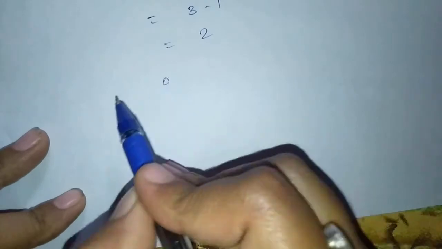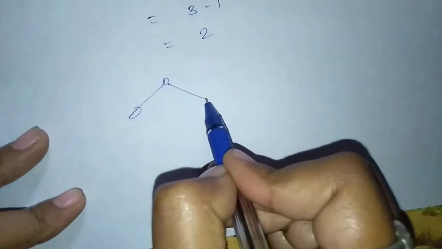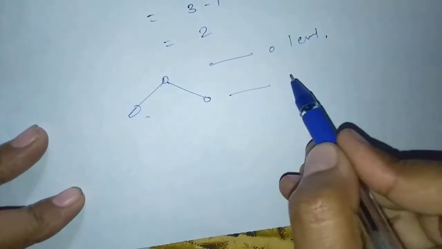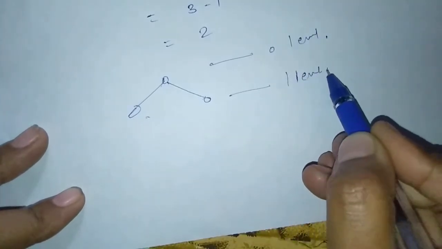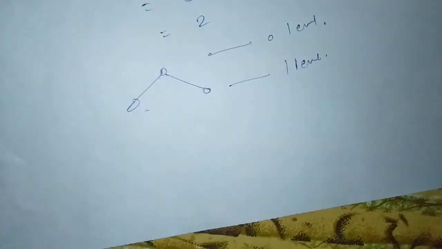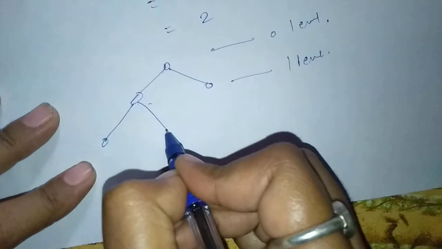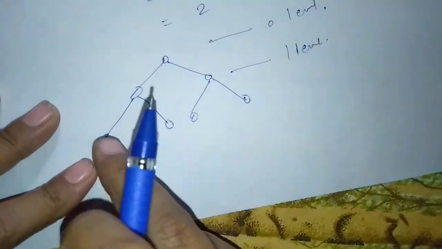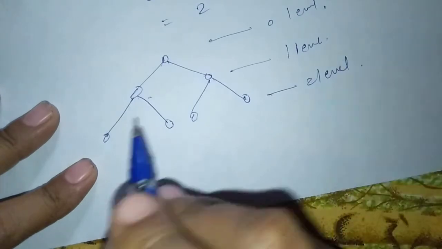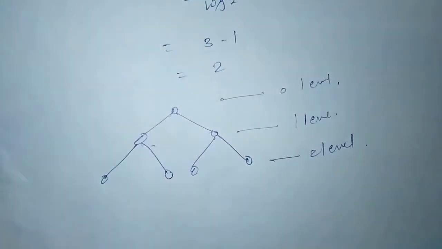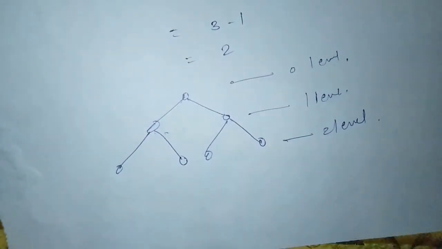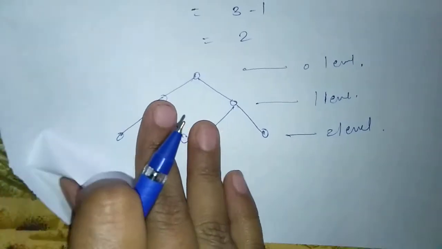So this is the root, so degree of this vertex is 2. So this is the 0th level and this is the first level. 3 vertices are already complete, remaining vertices are nothing but 4. So put here the remaining 4 vertices, 1, 2, 3, 4, 5, 6, 7, and this is nothing but the second level. Okay, this is nothing but the binary tree with 7 vertices having minimum height, nothing but 2.